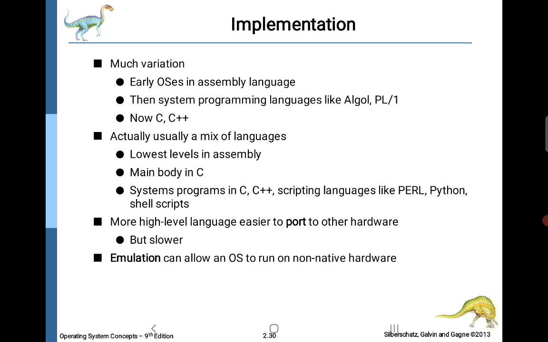After designing the operating system, there will be implementation. And this implementation, that's to say, we will code it.